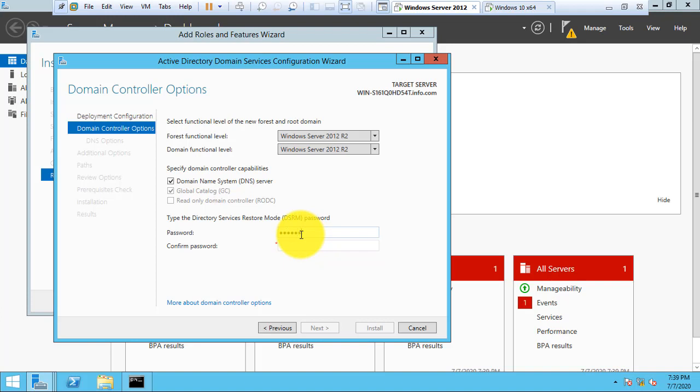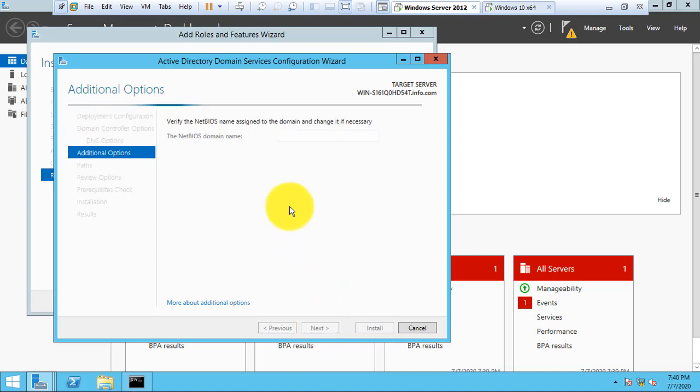This is the DSRM password. It is used whenever you need to recover or restore your AD server; at that time this password will be used. Click next.